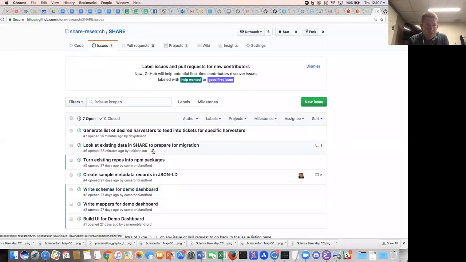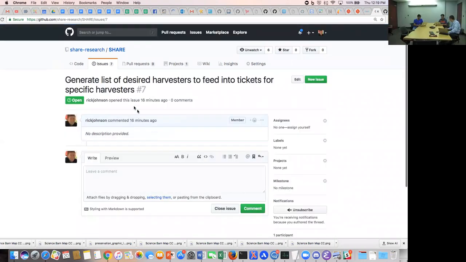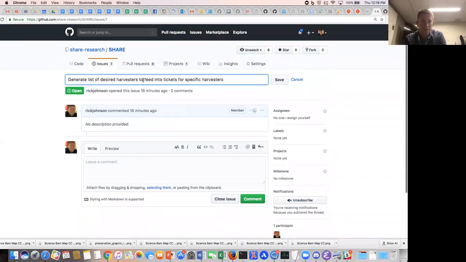Okay, so one is we have this generating list of desired harvesters to feed into those. So, make this more specific: desired high priority harvesters.